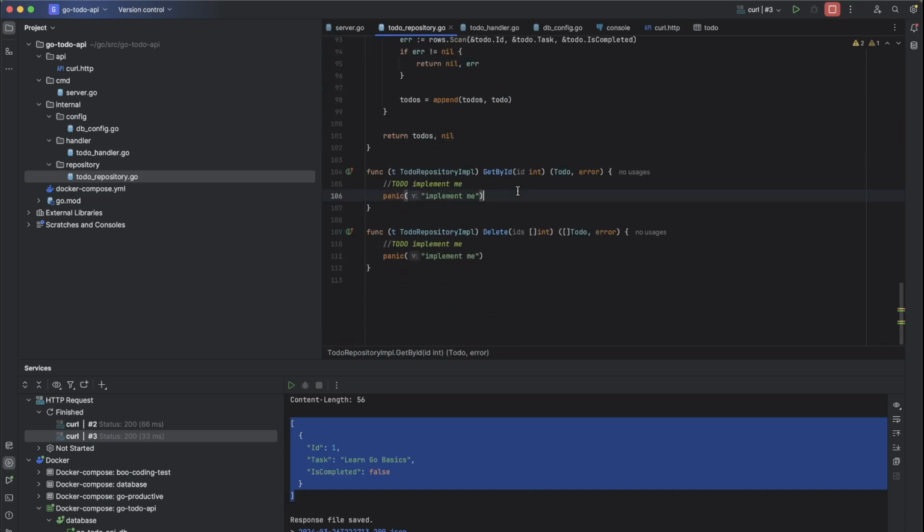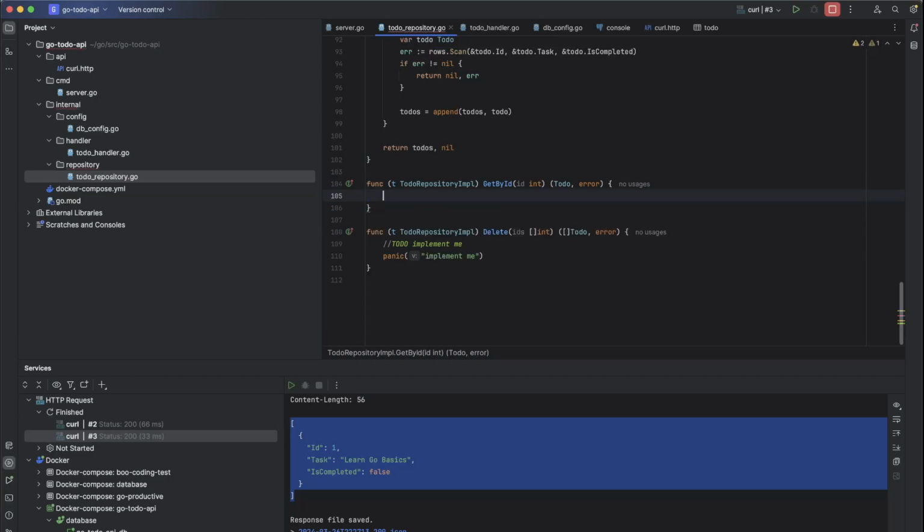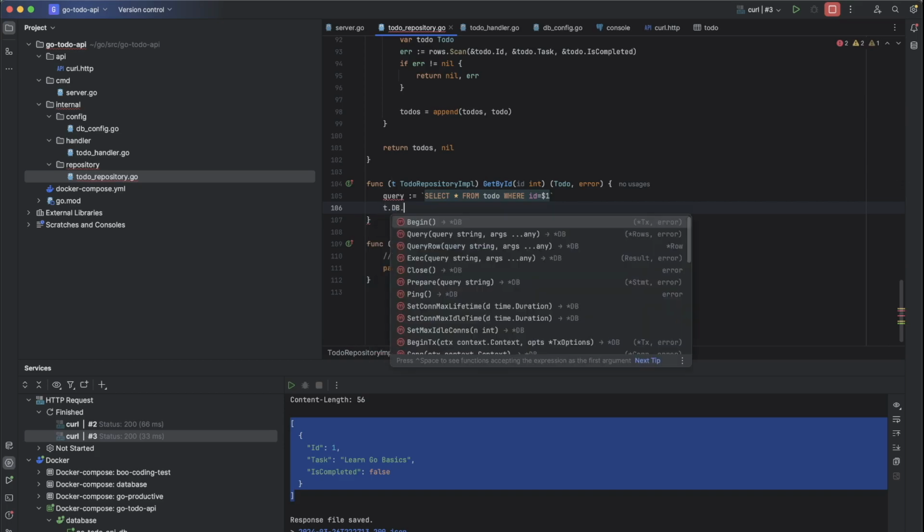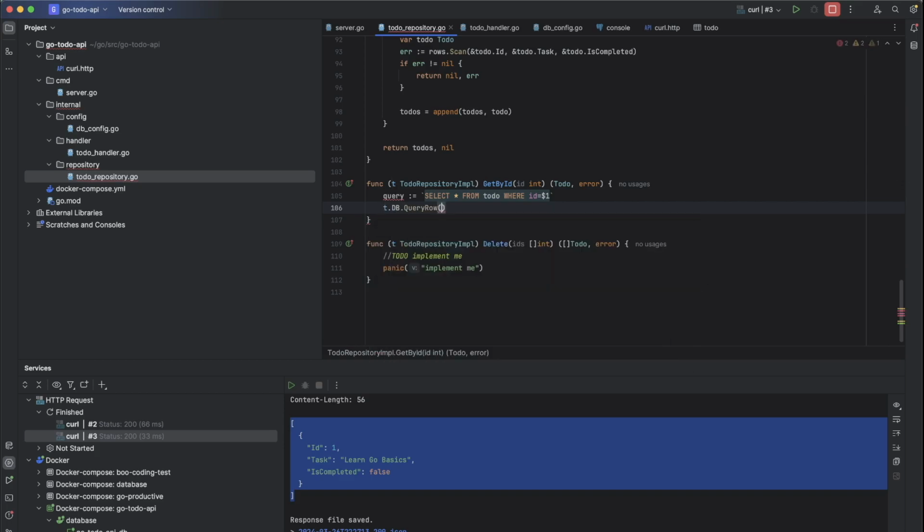Continue to find by ID. Query equals to select all from todo, where ID equals to variable 1. And then t.db.query row from the query, and with variable ID scan.